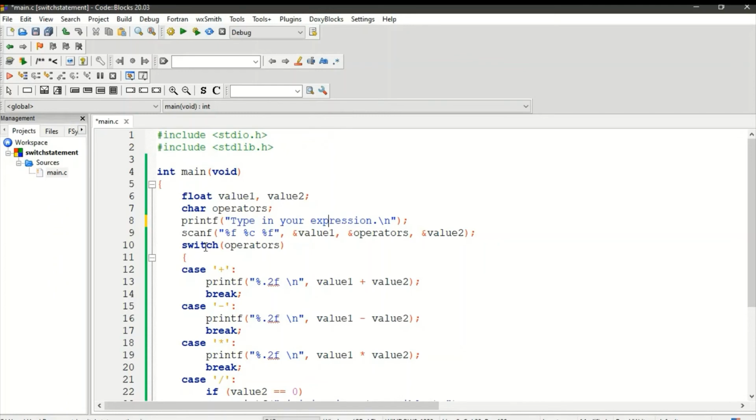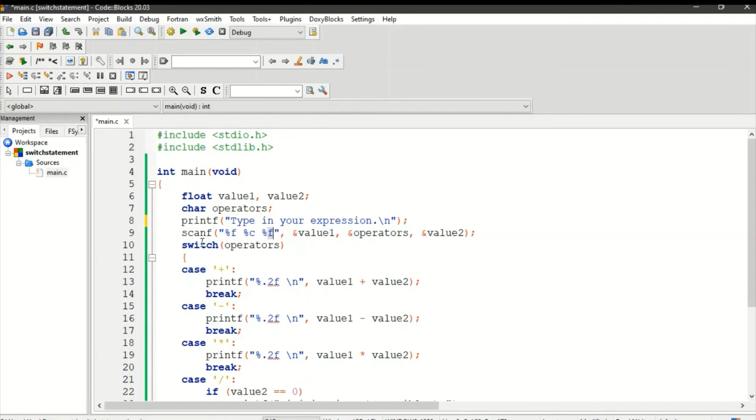Then we have a scanf statement which is going to scan our value 1, then our operator, and then value 2, the second value. So here we have f for float, c for the character, and f for the float, of course. So we have these as the format specifiers.